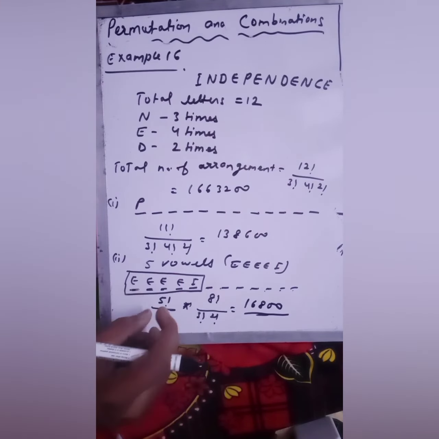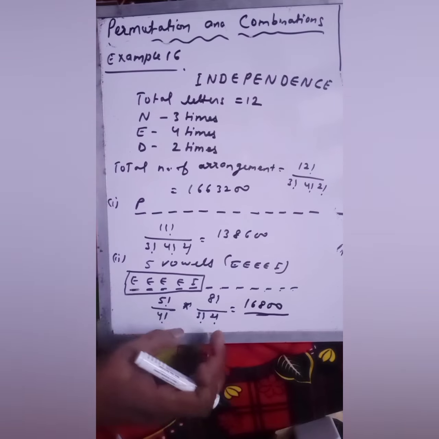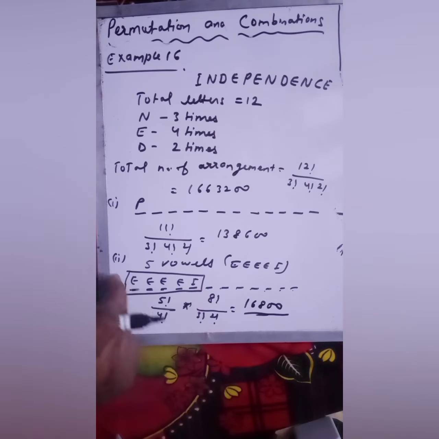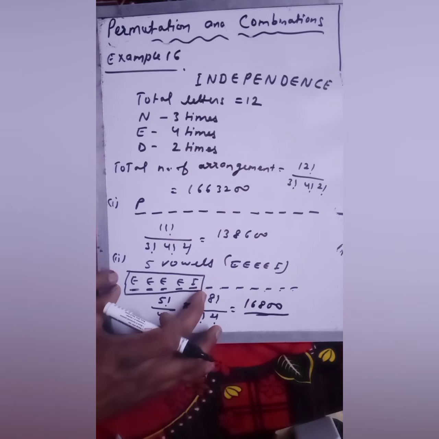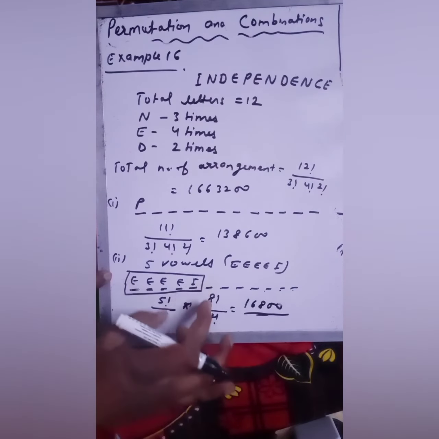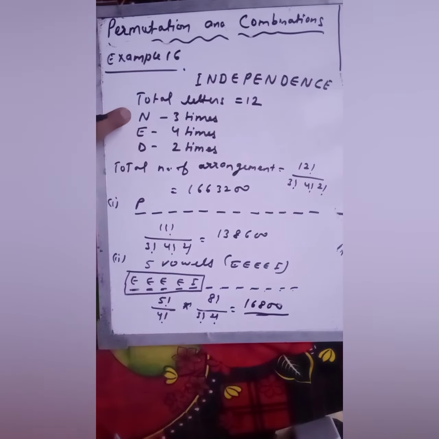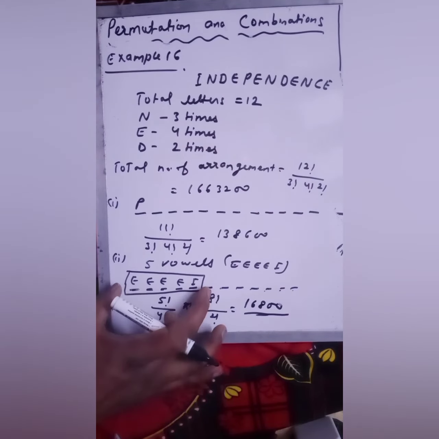If you're getting any problem in solving this factorial, you can ask. Don't worry about it. So this was your second part. I'm repeating this second part again, because first we are considering this as a single object, and the rest of 7 choices you have, the 7 plus 1, total 8 choices. So 8 factorial over 3 factorial 2 factorial. This 3 and 2 is coming just because N is repeating 3 times and D is repeating 2 times.